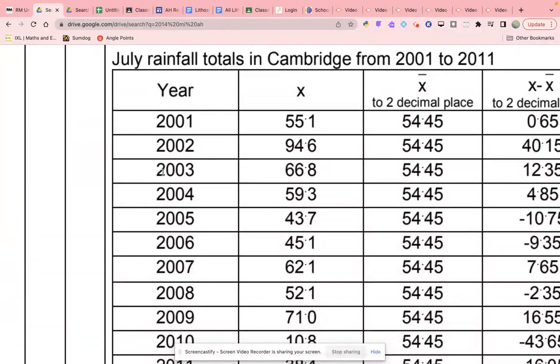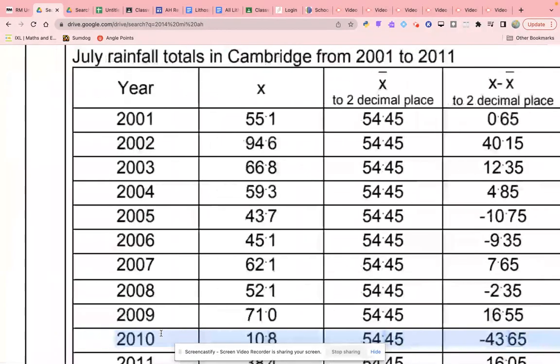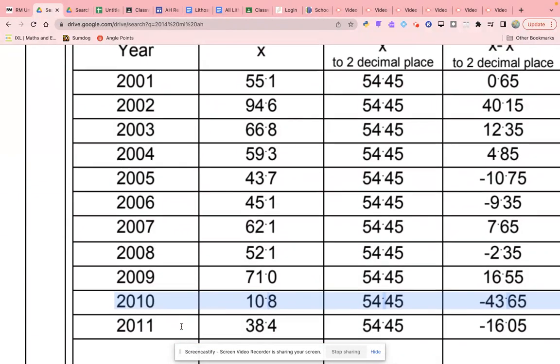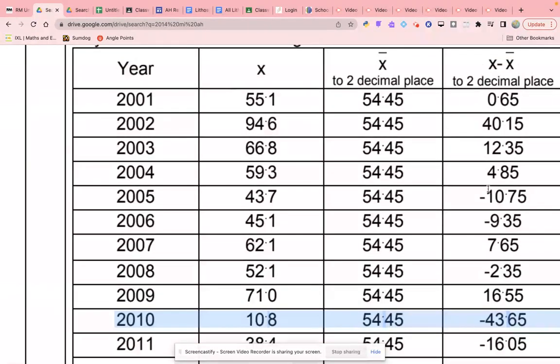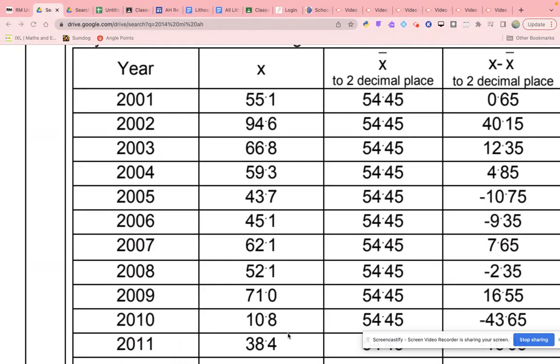We have 1, 2, 3, 4, 5, 6, 7, 8, 9, 10, 11 years' worth of data in this data set. Okay. Now, the first thing is I'd like you to just discount these two columns over here. This is the actual calculations you'd be doing if you were calculating the result. We're not interested in that. We're interested in the 11 years and the average rainfall for July for each of those years. So in 2001, we can see that the month of July had 55.1 millimeters of rain. If we're actually analyzing this data set, we can see that 2010 was the driest July out of the 11 years at 10.8, and the wettest July was 2002 at